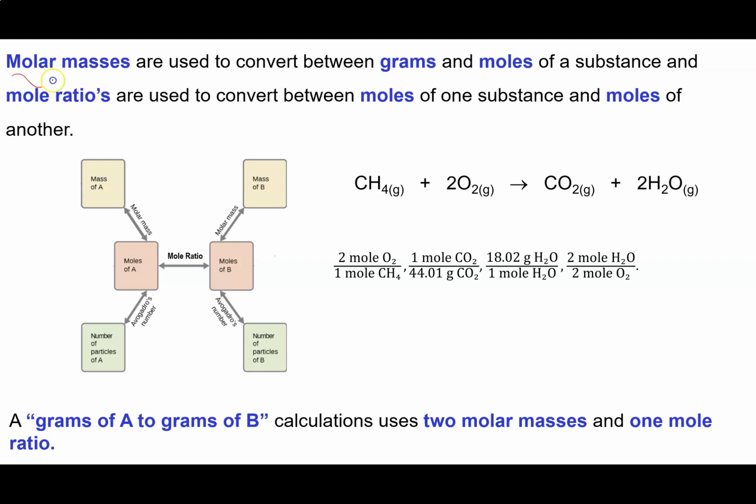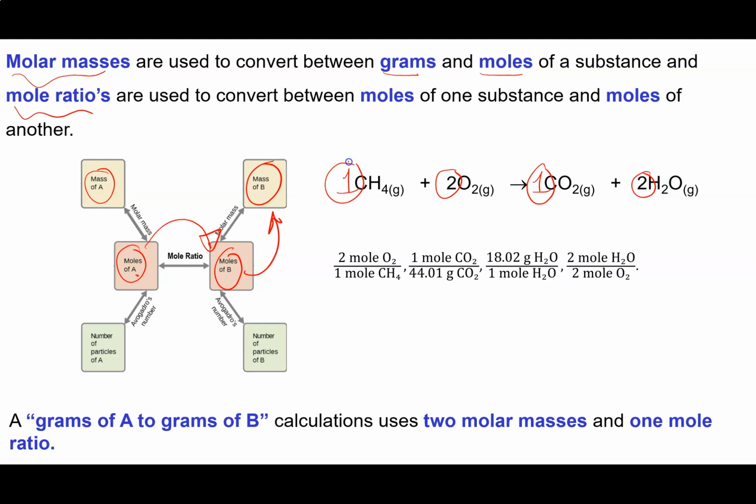What we use molar masses for is to convert between grams and moles of a substance. So here I'm going to take grams of something, and we're going to turn it into moles of something. We can take grams of something else, turn it into moles. And of course we can go back the other way, can't we? We can take moles of something and turn it into grams of something. To convert between moles of one thing and moles of another thing, we use a mole ratio. And the mole ratios are going to be obtained by looking at the coefficients that we have in balanced chemical